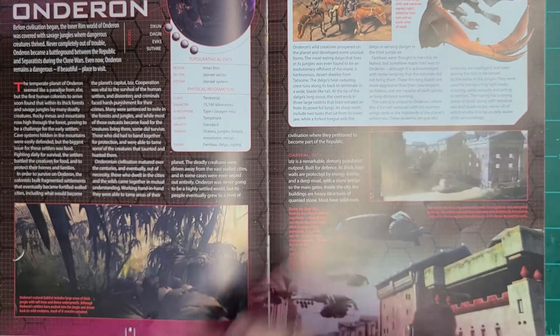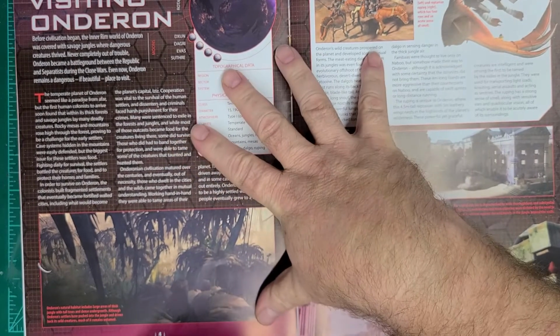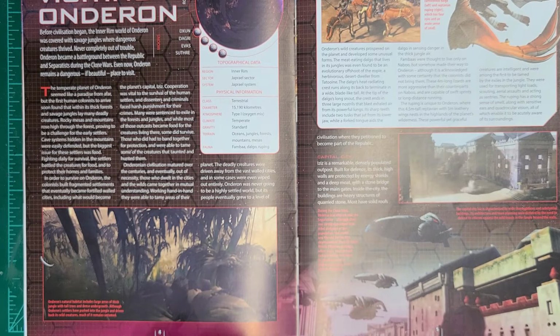Visiting Onderon. So if you haven't heard about Onderon, this is where Saw Gerrera gets introduced into the Star Wars universe. So Onderon,